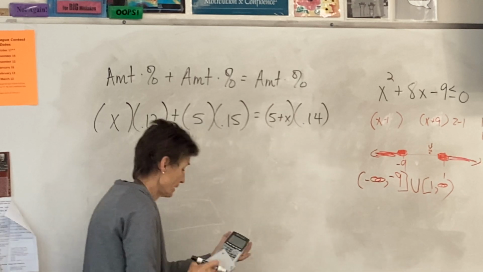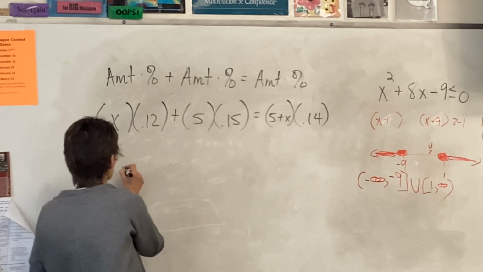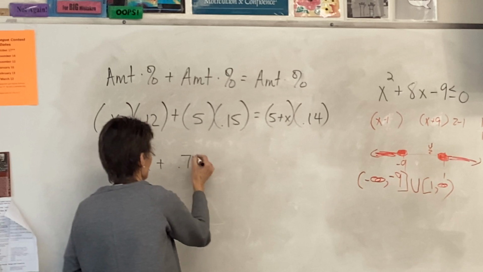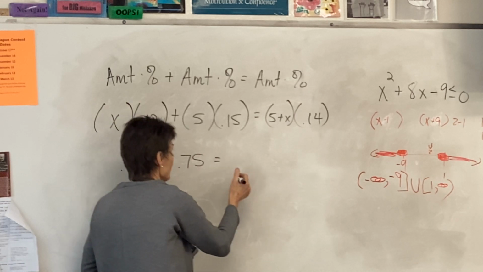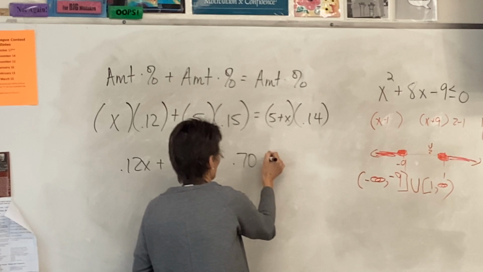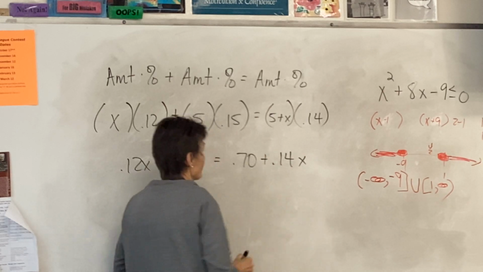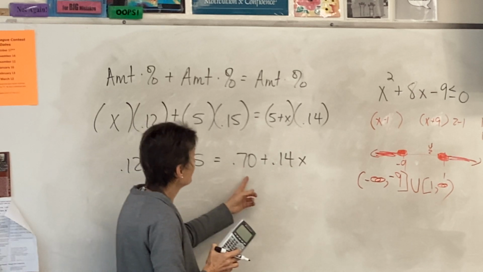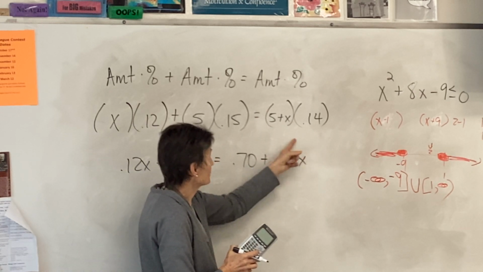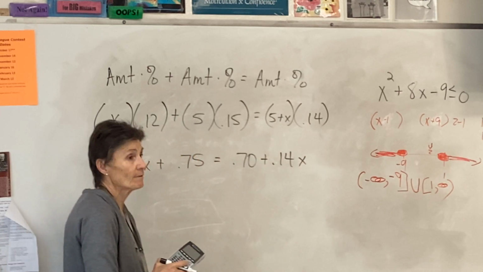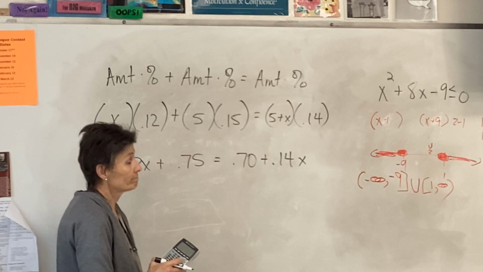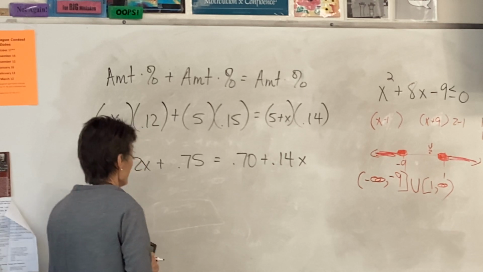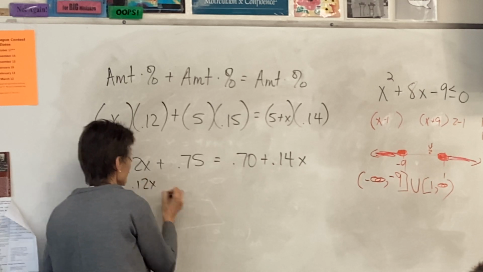Then I use my calculator to help me with any arithmetic here. 0.12X plus 0.75 equals 0.70 plus 0.14X. Where did you get 0.70? This is a distribute. What's 0.14 times 5? So if I subtract